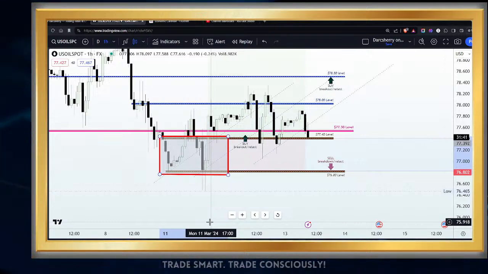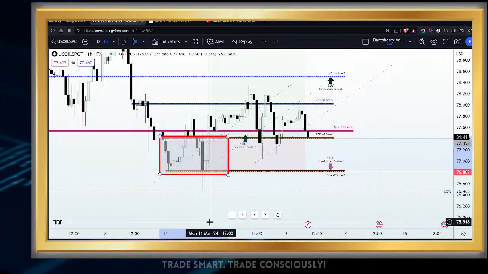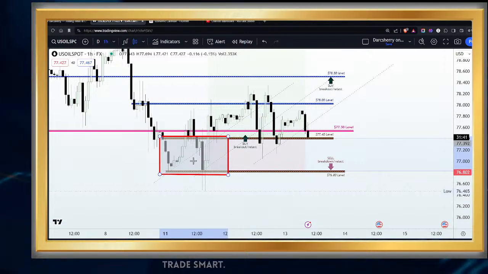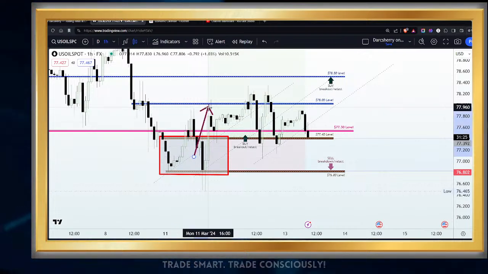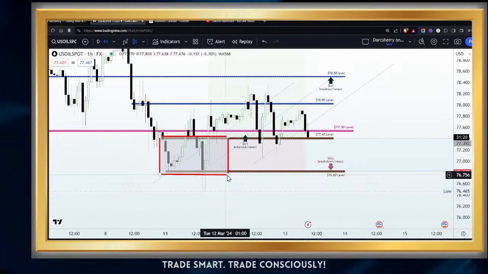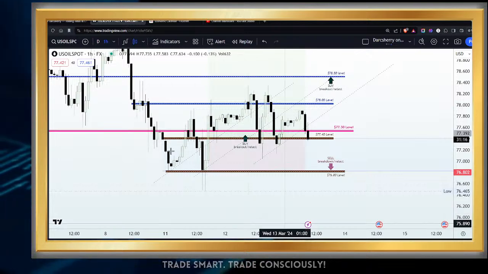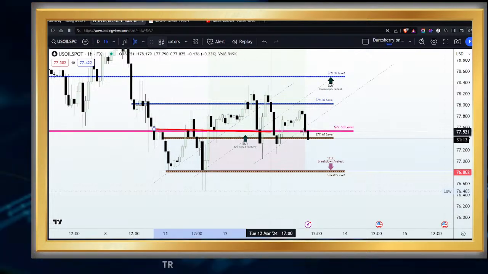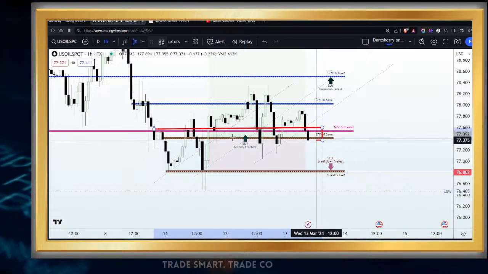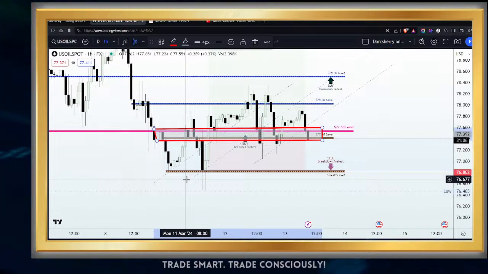And of course, you know how we do it in this community. When we figure out a range bound trading structure like this, we exercise patience, waiting for the market to give us a signal in the form of either a breakout of the resistance line for buying opportunities or the breakdown of the support line for selling opportunities. And of course, we saw that most of the time price action was pending around that resistance line,